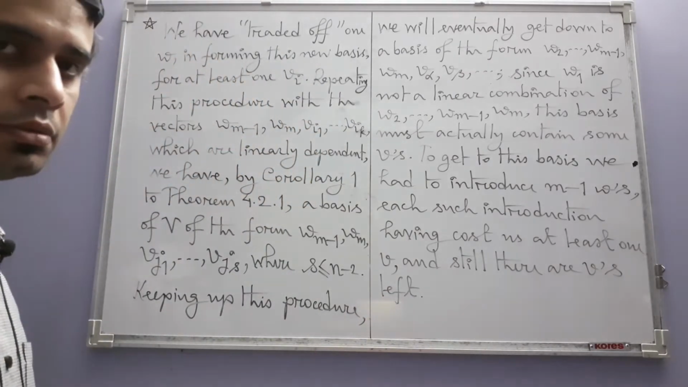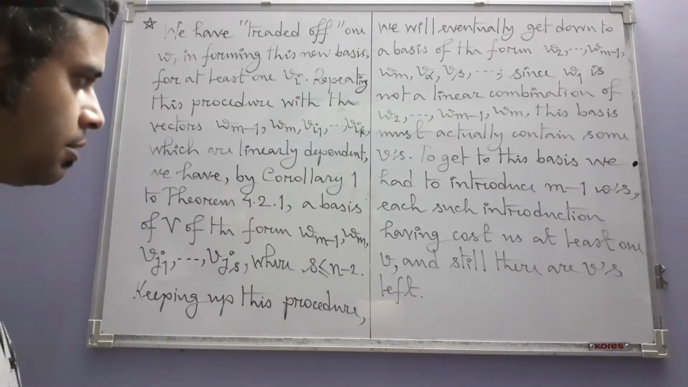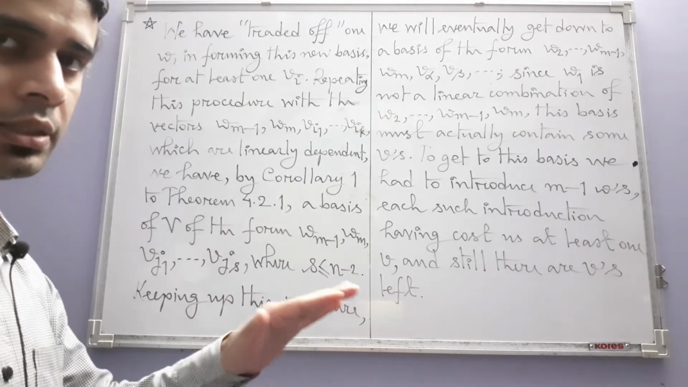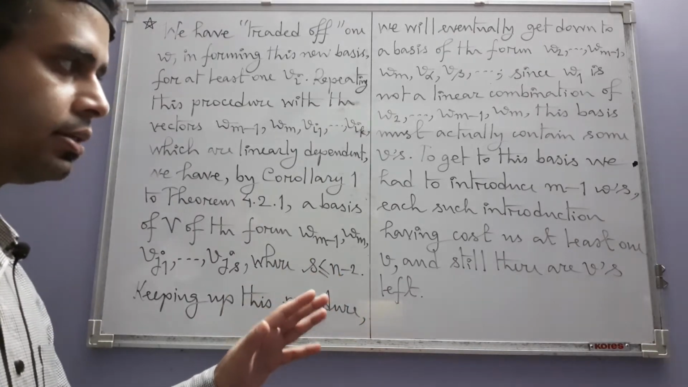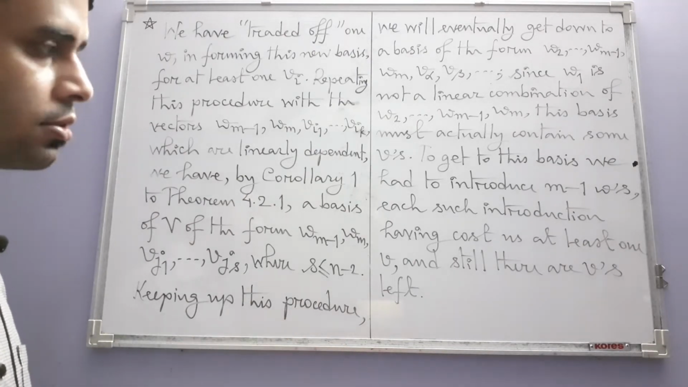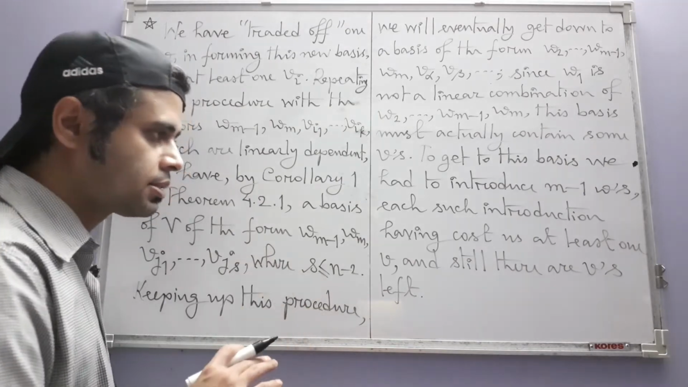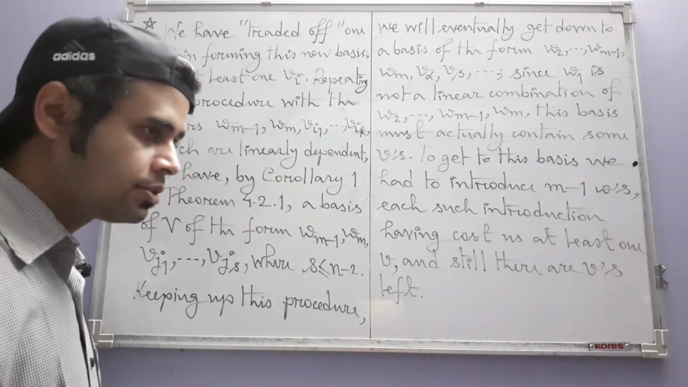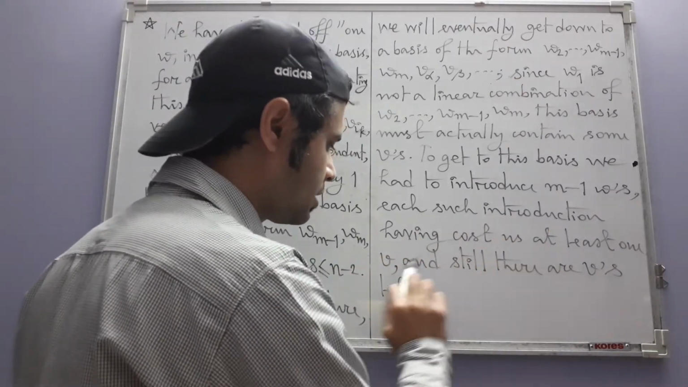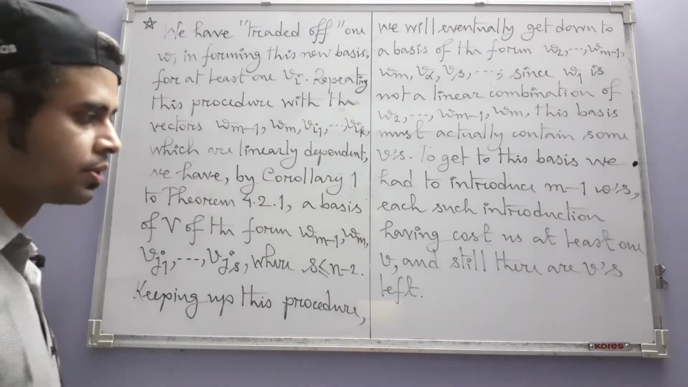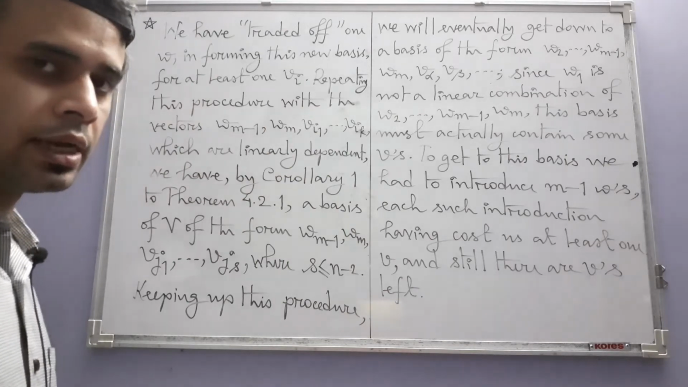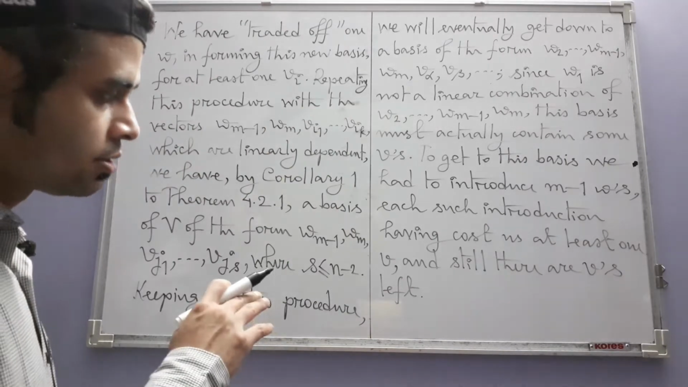At least one v for each introduction of w, because the moment we introduce a new w to the existing basis, the latest basis at that stage, we get a linearly dependent set. And we want to keep all those w's that we have introduced so far. So that forces us to remove some v, at least one v. That's what we are saying, that each such introduction has cost us at least one v, possibly more. And still, after introducing m minus 1 w's and losing at least m minus 1 v's, still v's are left